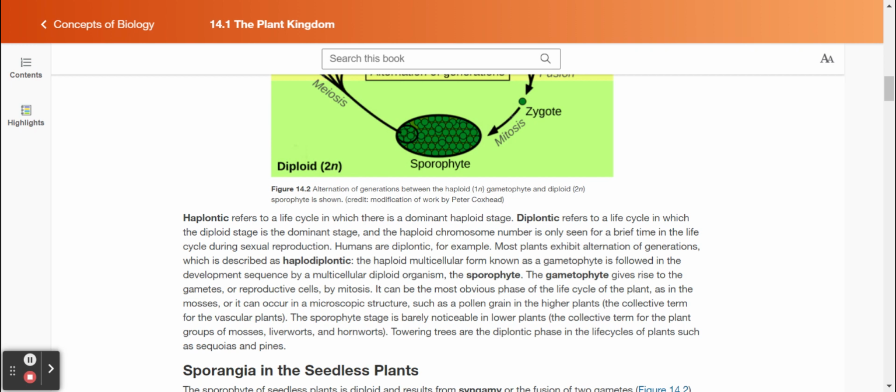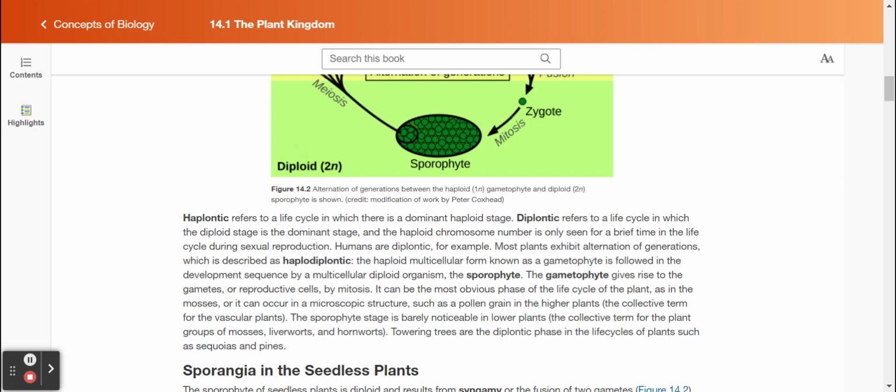Most plants exhibit alternation of generations, which is described as haplodiplontic. The haploid multicellular form, known as a gametophyte, is followed in the development sequence by a multicellular diploid organism, the sporophyte. The gametophyte gives rise to the gametes, or reproductive cells, by mitosis. It can be the most obvious phase of the life cycle of the plant, as in the mosses, or it